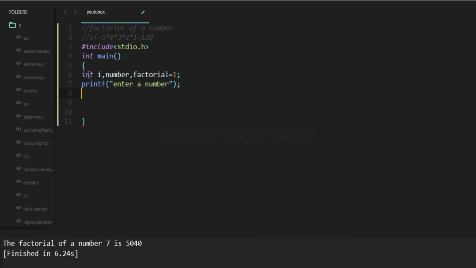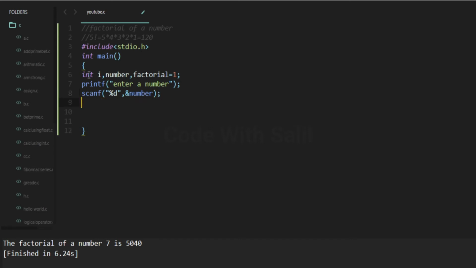After that we will use the scanf function to read the value entered by the user. scanf in double quote %d. Here we use %d because we have taken an integer number.